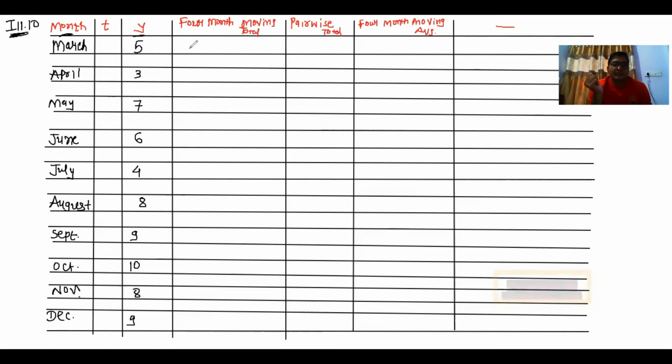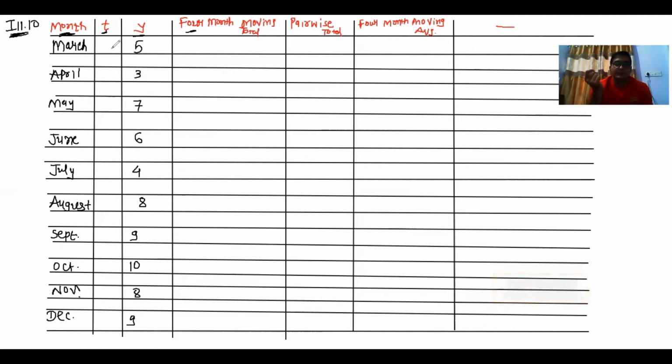It is required only in the 4 months moving average. In 3 months and 5 months, there is no need to put a space over here. Okay, so the month that we have written down, and in the same way Y that I have already put on the screen. Now on the basis of month, we have to prepare a first column, a second column, that is T.